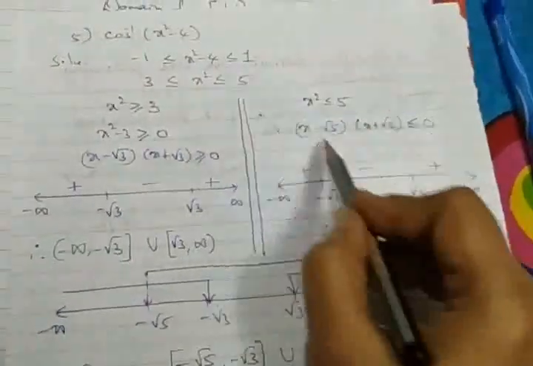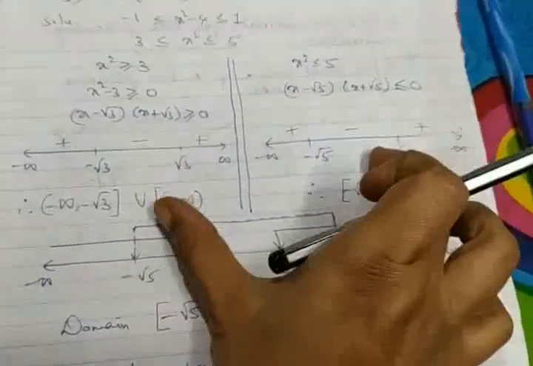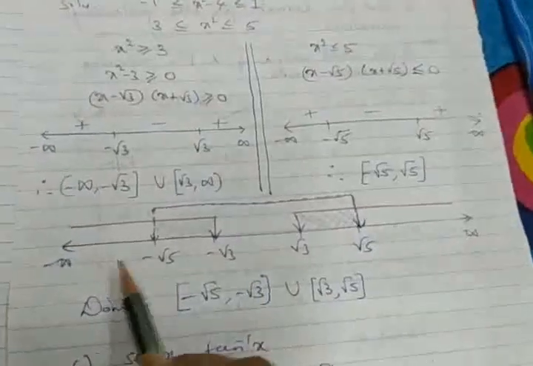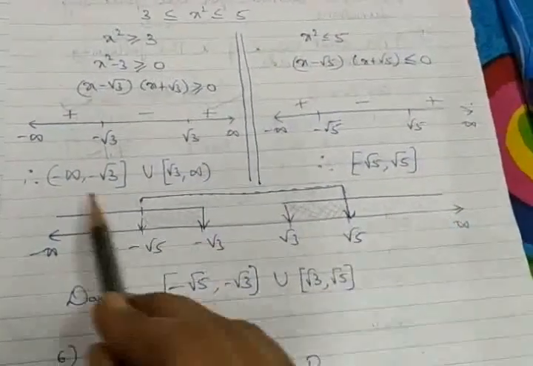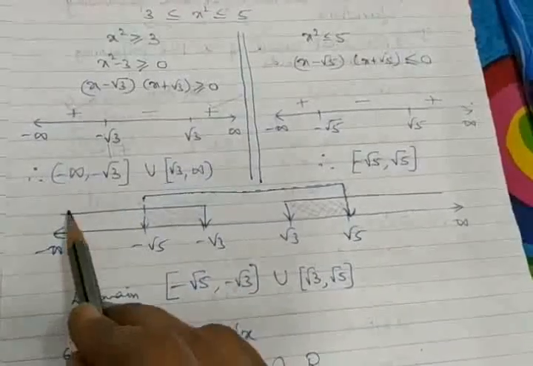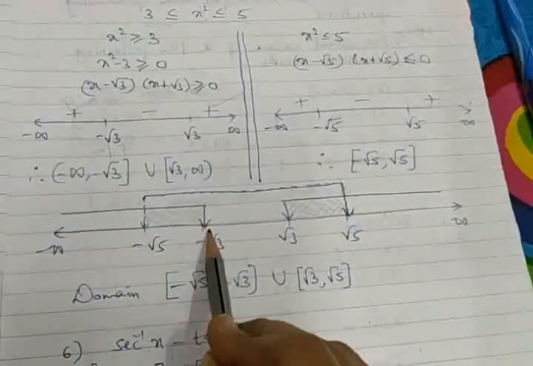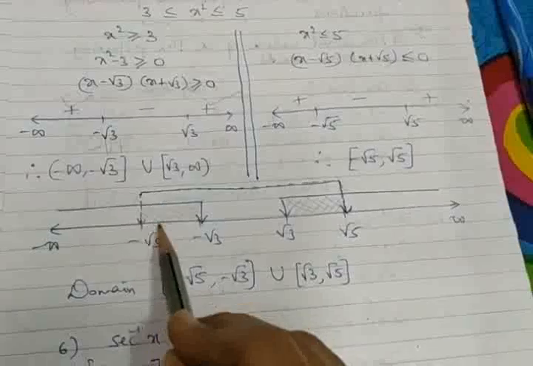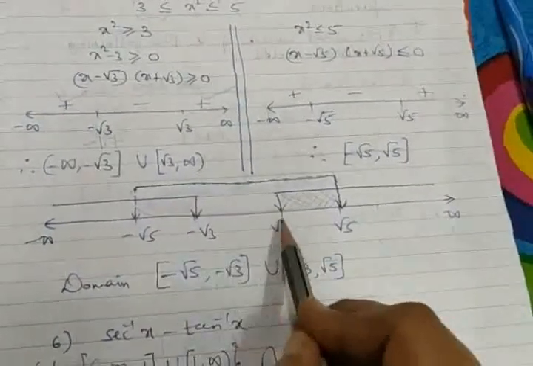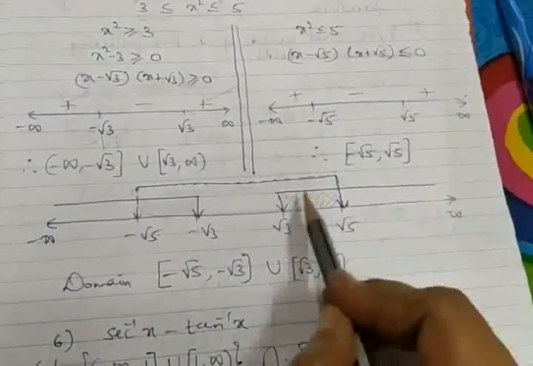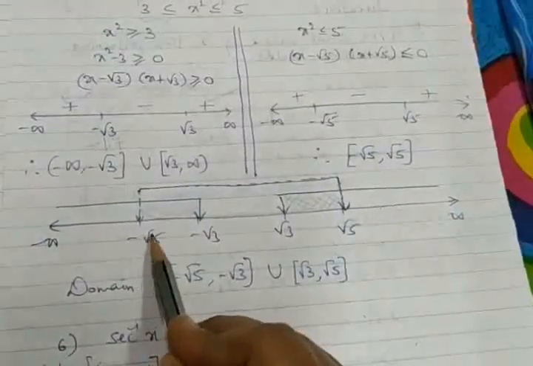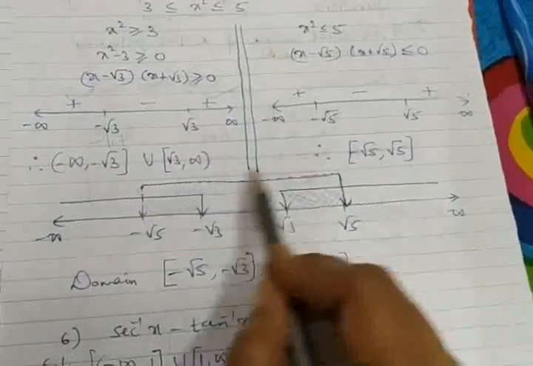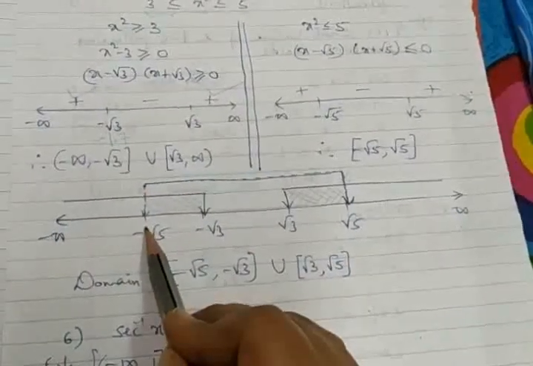So this is one conclusion, but now you have to merge both. So how to merge it here? Again, a number line has been taken. The number line is minus infinity to minus root 3, this is the region. Root 3 to infinity, root 3 to infinity. All these are the domain. Similarly, this has given the conclusion from minus root 5 to plus root 5. Now tell me what's the common part for this?